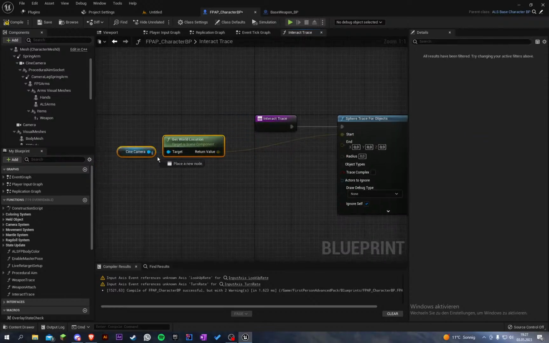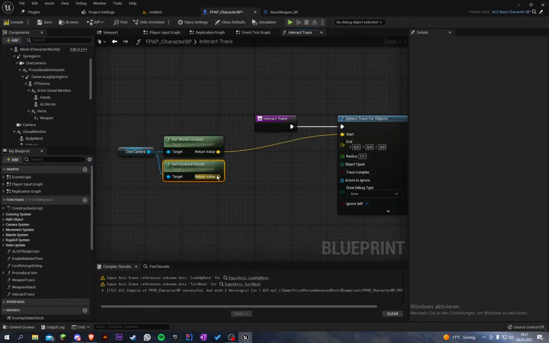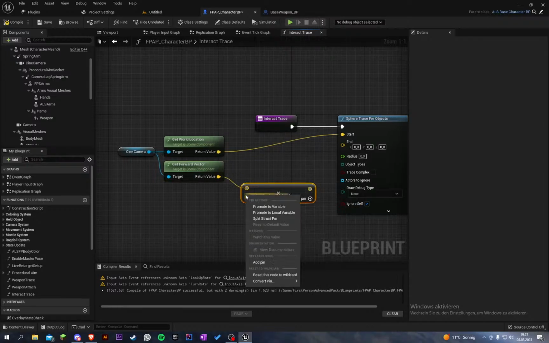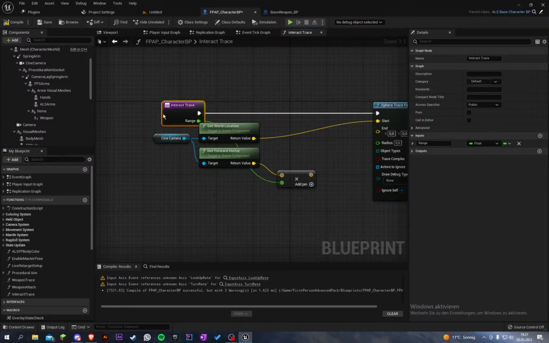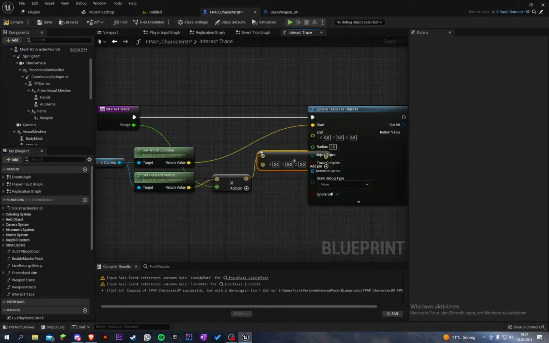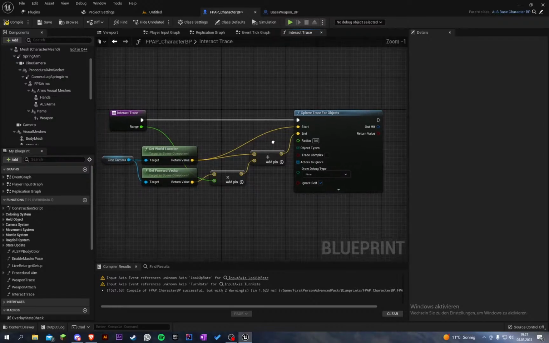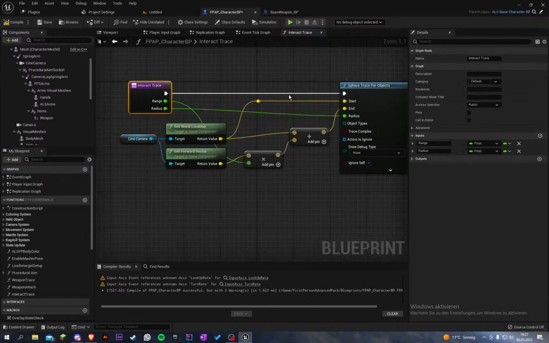The end is get forward vector multiplied with our range, and add it to the world location like so. The radius,